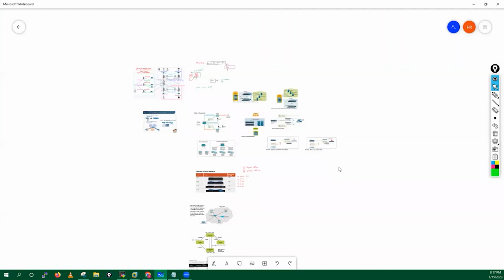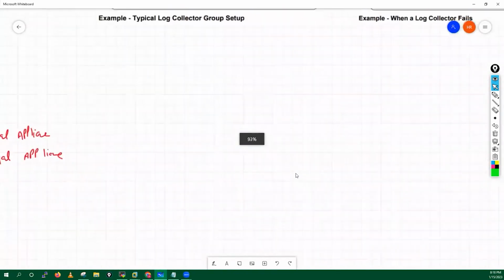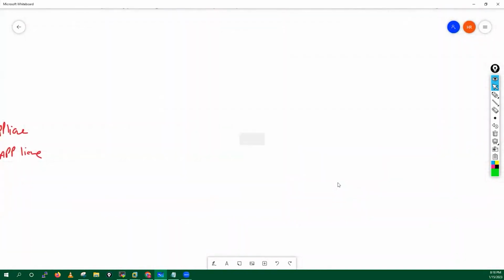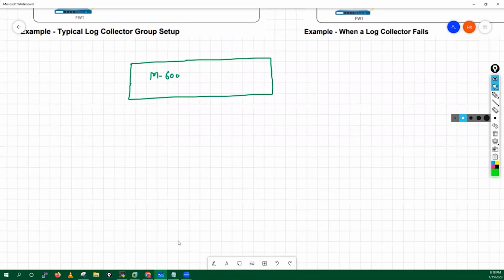How can we do network segmentation in a Panorama environment? Generally, as you remember, let's suppose I am having a Panorama M-600 series box. As you know, this series box